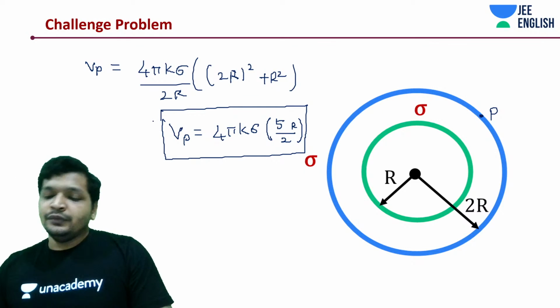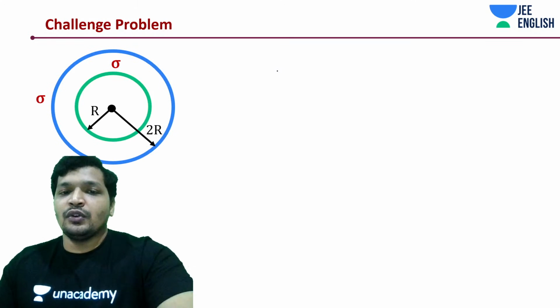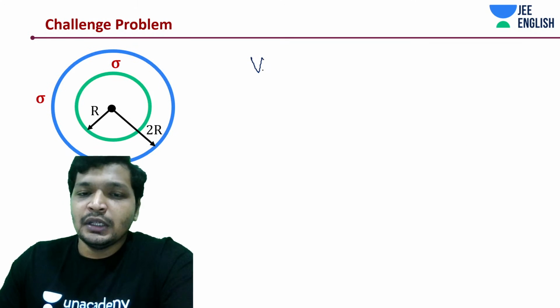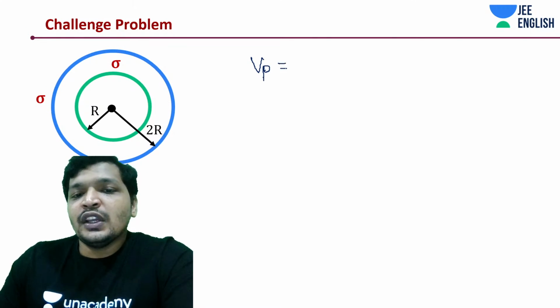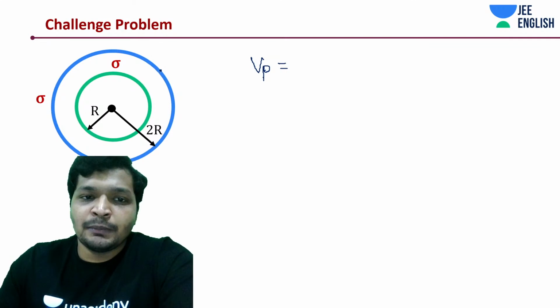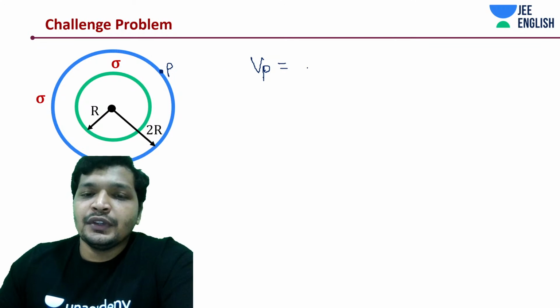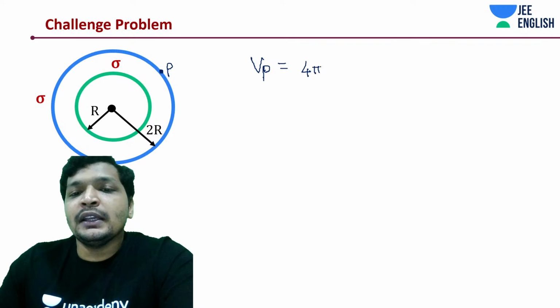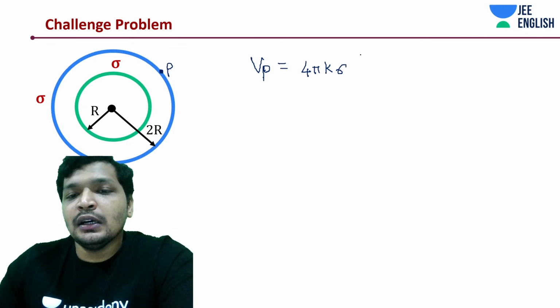Now take the ratio. It's a very simple problem. It's no more a very challenging problem. So VP, how much do we have it as? This is the point P. We have it as 4 pi K into sigma into 5R by